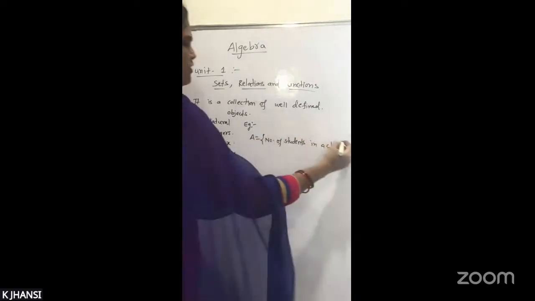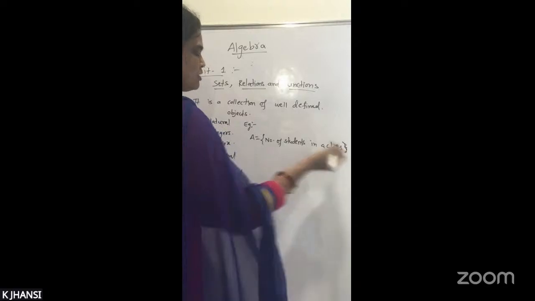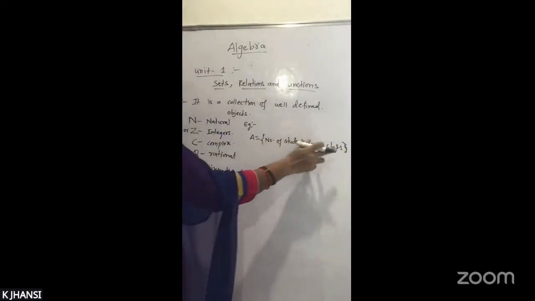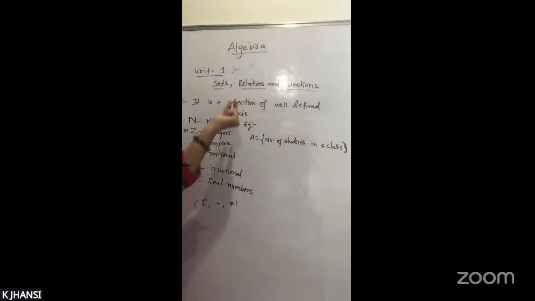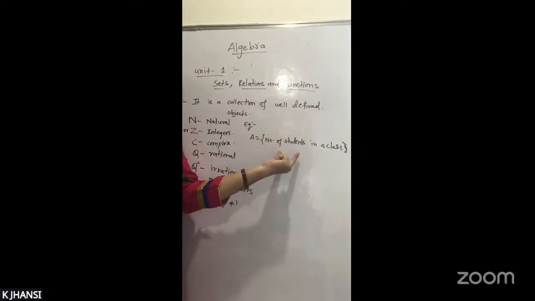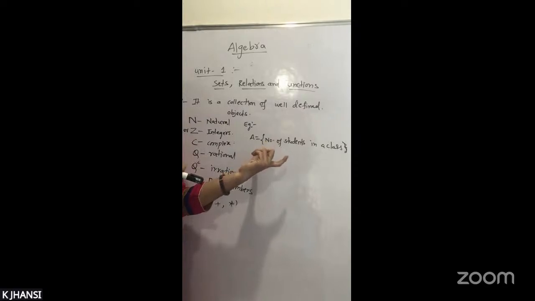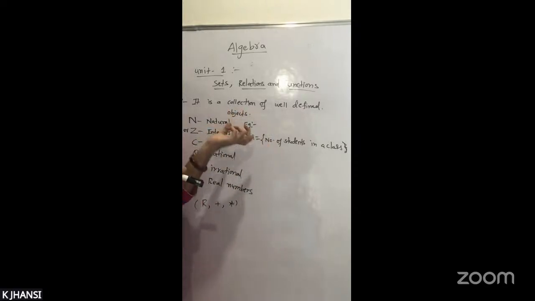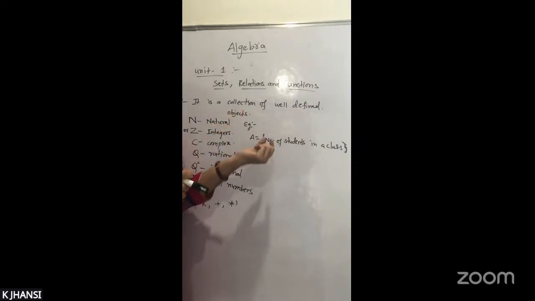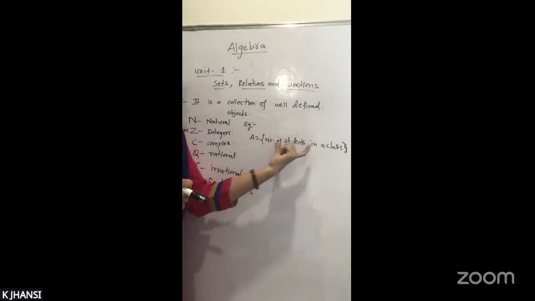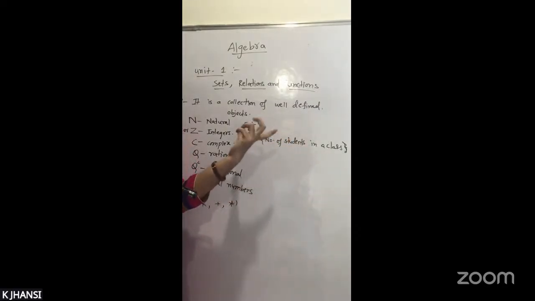Like this, you use flower brackets. The number of students in a class is well defined. The definition is there: how many students are there in the class, you can count them and say the number. So whatever sentence is given in this bracket has some definition. Next, if you see